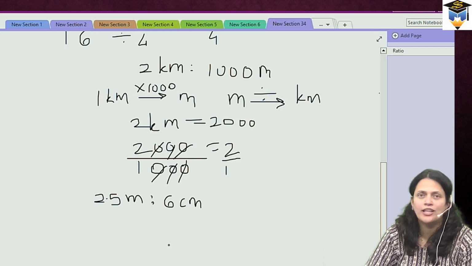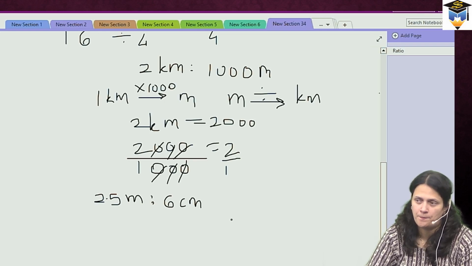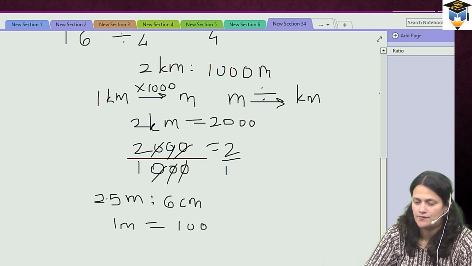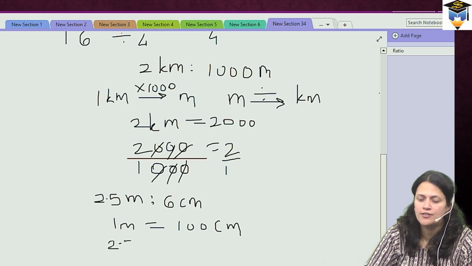Now find out the ratio of 2.5 meters to 6 centimeters. Find out the ratio of 2.5 meters to 6 centimeters. Now tell me how much is 1 meter? 1 meter is equal to 100 centimeters. So if I have to convert 2.5 meters to centimeters, it would be 2.5 multiplied by 100. Correct? So the answer is going to be